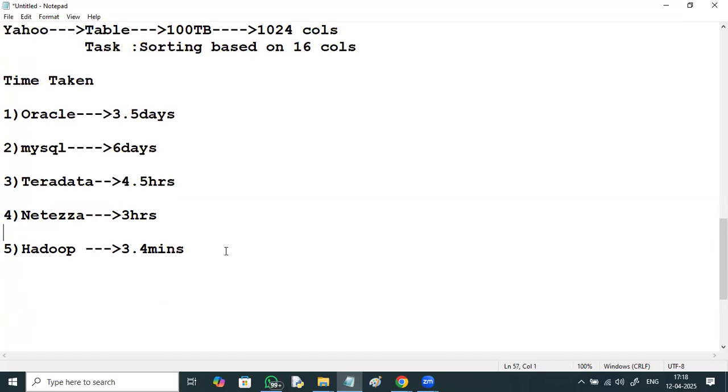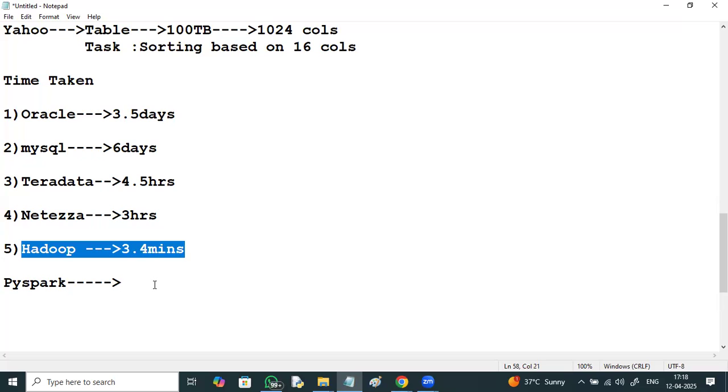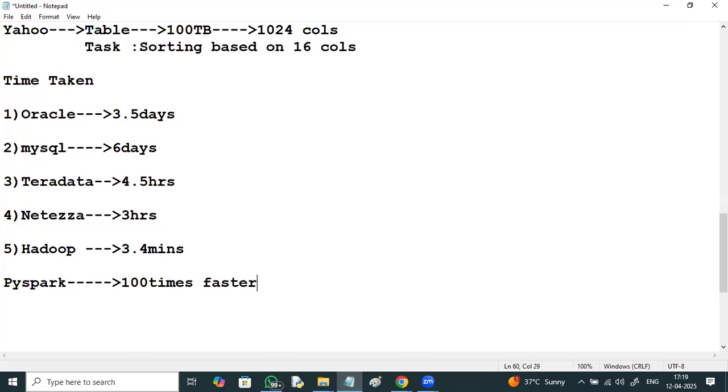But if you talk about Spark, PySpark, right? Already Hadoop speed is fast, but PySpark is 100 times faster. Observe the speed of PySpark as compared with this.